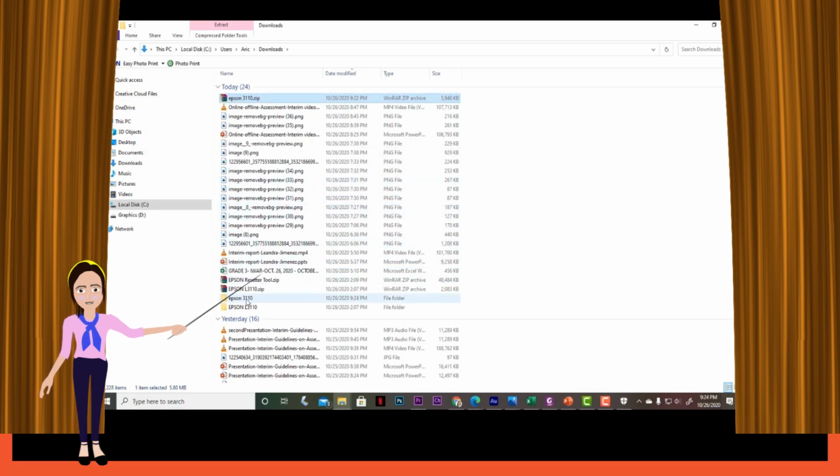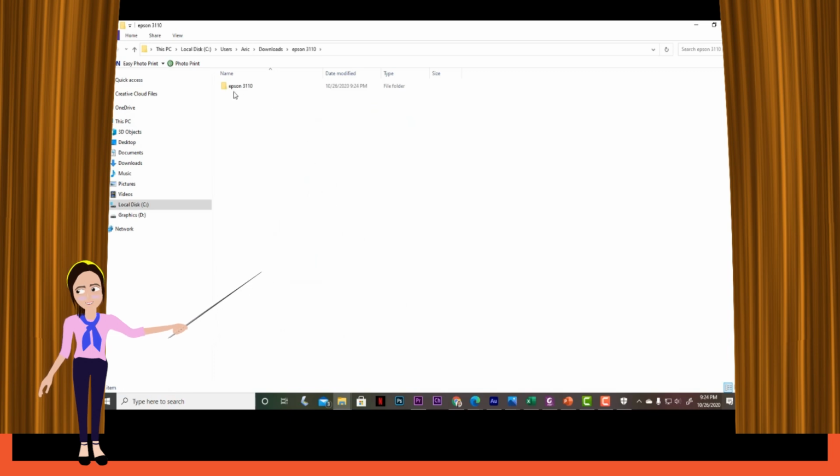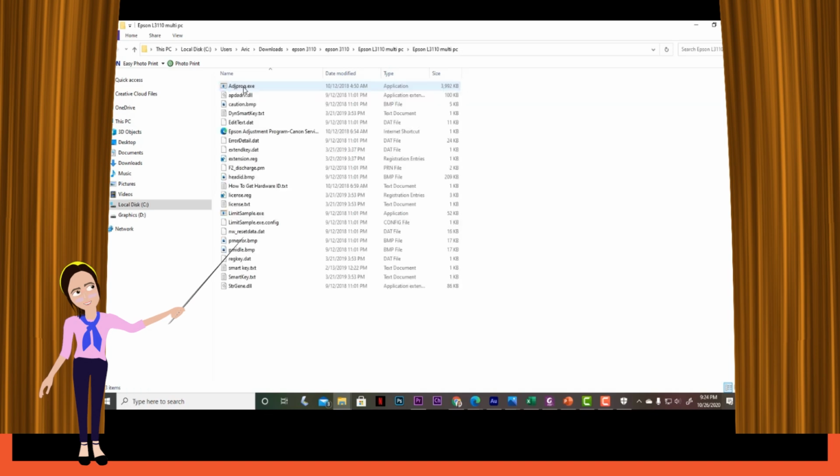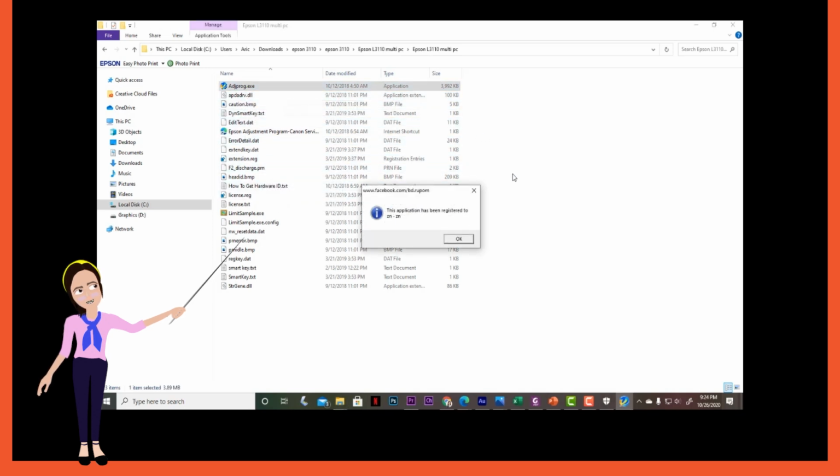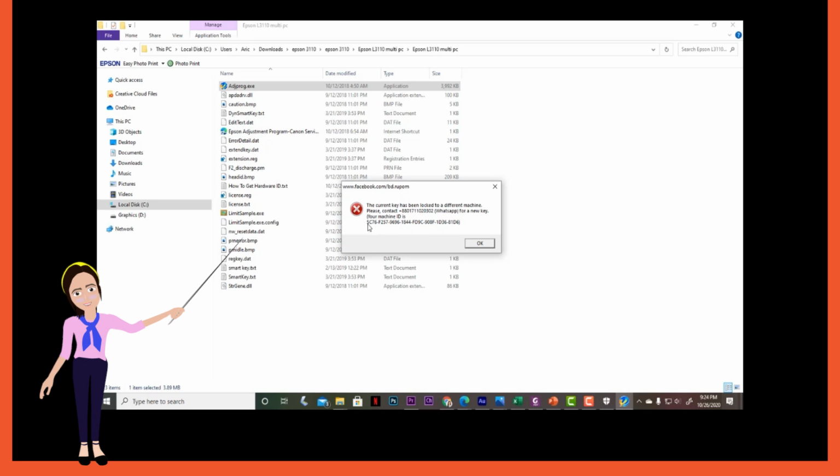Click the Epson 3110 and then click again the Epson 3110 folder, and then click another folder. You can see the application now is active, and then all you have to do is click the application and then click OK. As you can see, there is an error message containing the machine ID, but you don't have to worry because we will fix that one. All we have to do is click OK to copy,